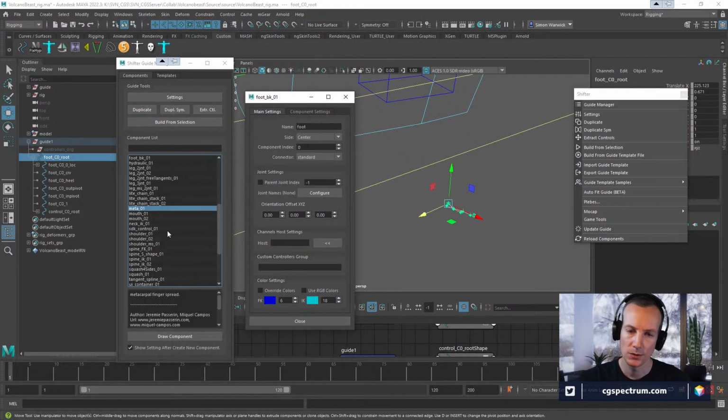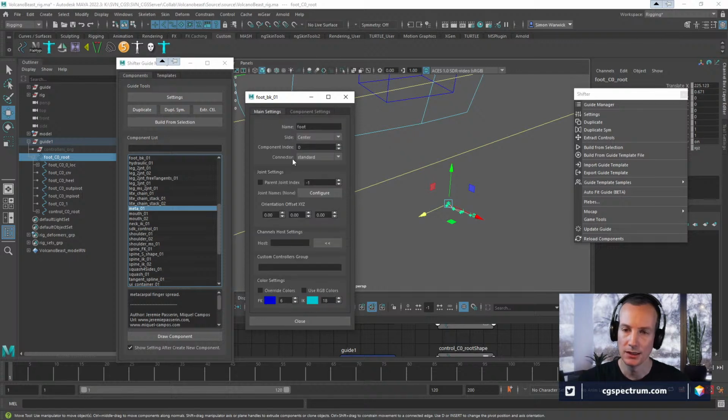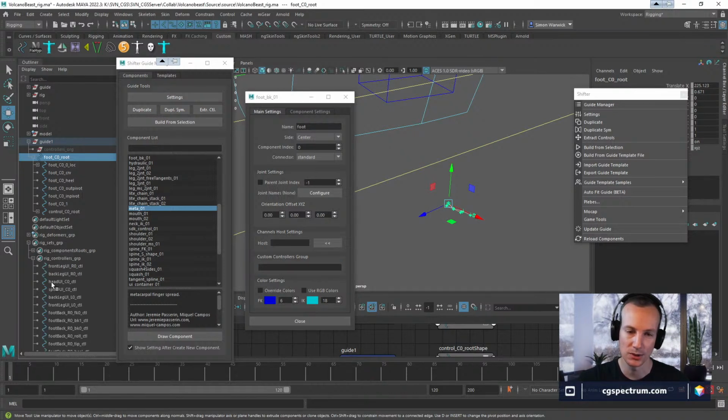So each different type of component has different types of settings, and some of them have component settings and some of them don't. In the tutorial he was trying to talk about each of the different things, and it was getting quite detailed, like how exactly the channel host settings can swap to a different controller. This is for selection sets, so everything you have is creating selection sets, which is useful if you want to control your selection and customize how you organize it for usability.